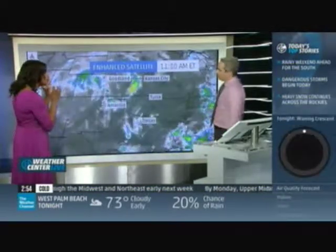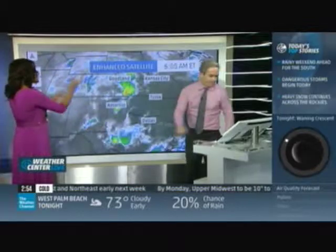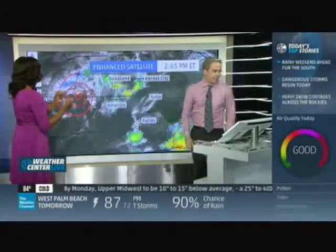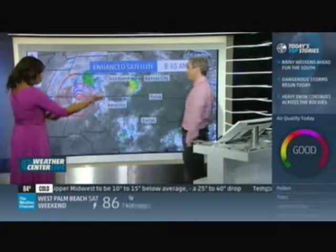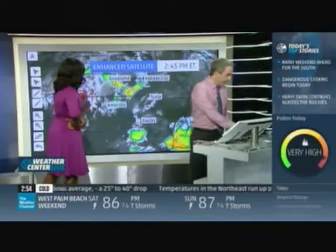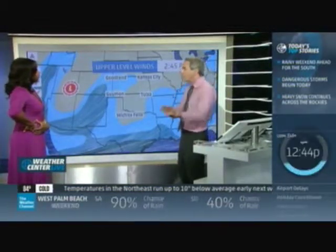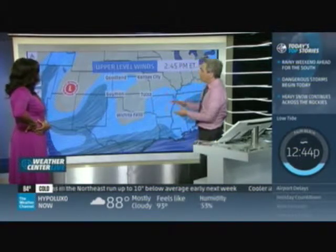We've been watching that upper level low that is ironically creating some snow, but it's a lot of cold air aloft, and that's what's conducive for thunderstorm development that could create severe weather as well. That's where the heart of the upper level low is, right out there across the Four Corners. There's a cold pocket aloft there, but around that, some pretty strong winds aloft are now working their way